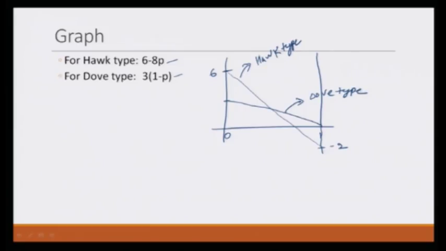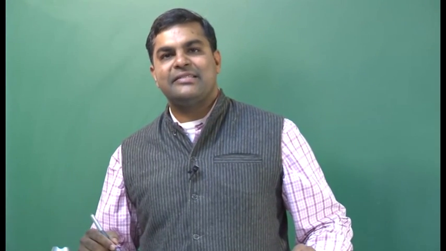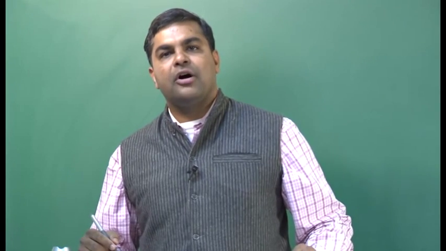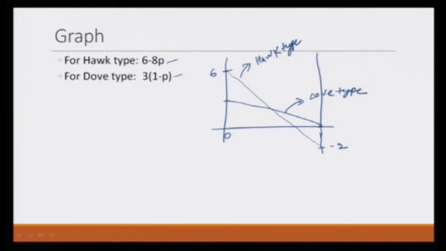So let us extend, because now when we are talking about animals, they are not rationally deciding anything. Whether they are hawk type or dove type, that is genetically encoded. It is not a conscious decision they have taken to become hawk type or dove type. It is guided by genes. So what happens if a population is entirely made of hawk type? It means we are here. And what happens if we introduce a dove type in the population? On average, dove type would do much better,